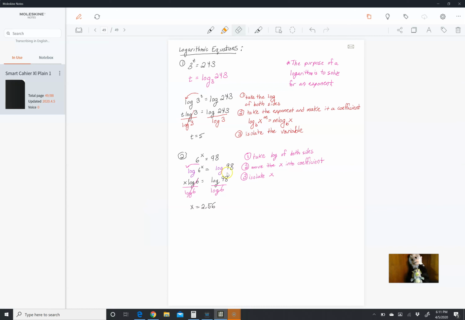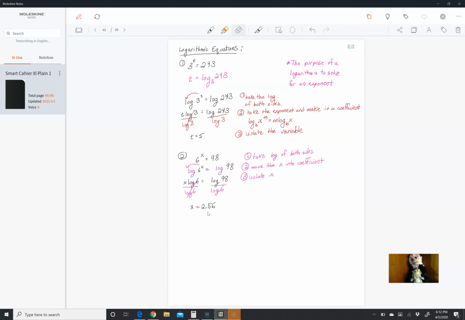The reason why I checked is that I saw that 6 to the 3rd was somewhere in the 200s. So it didn't really make sense that this would be very close to 3. That's why I went back and I checked. So it's 2.56. So again, the reason why I don't go back and rewrite the video, record over it